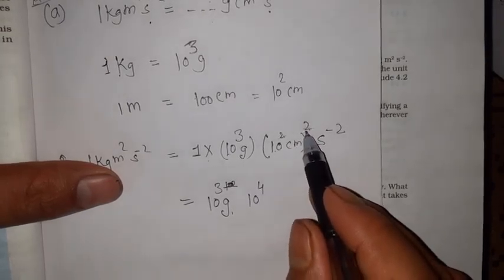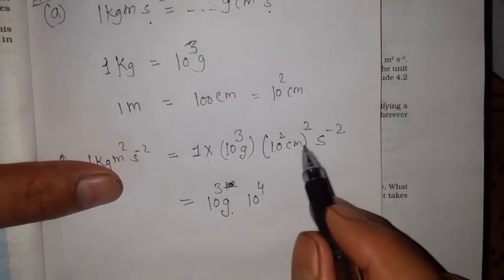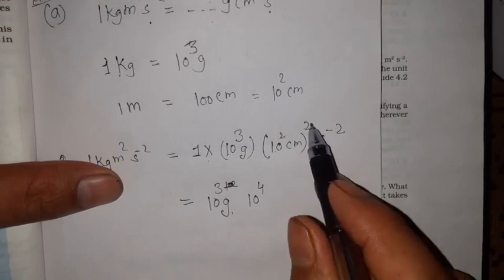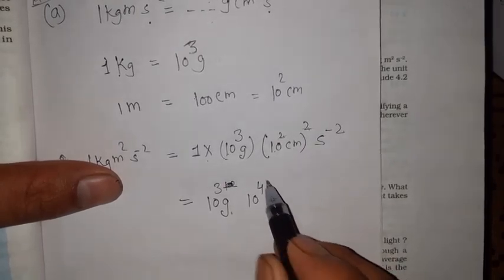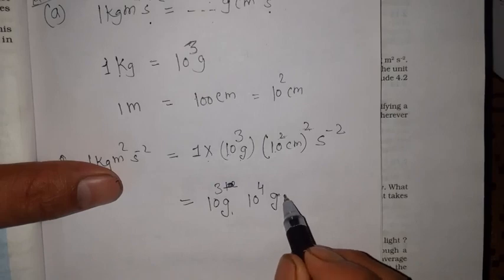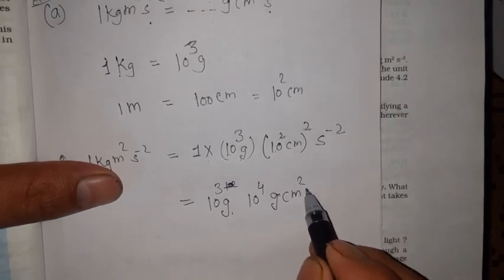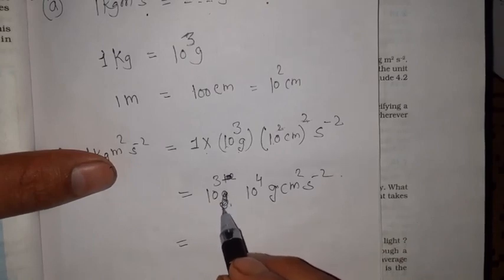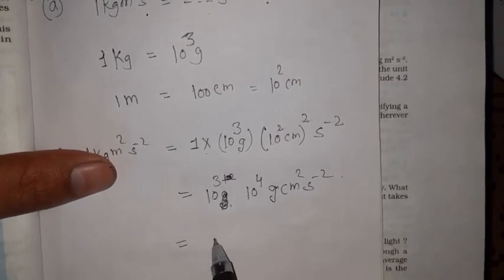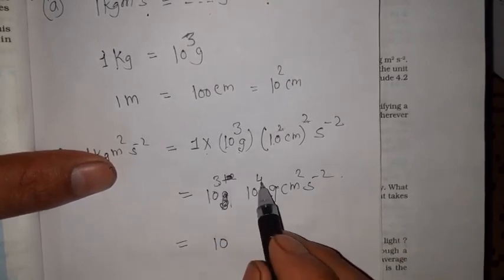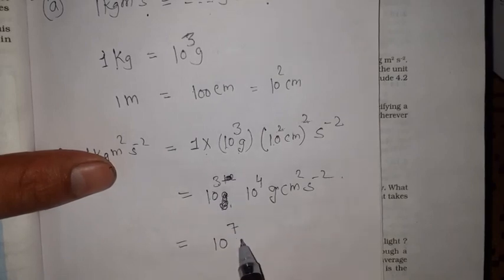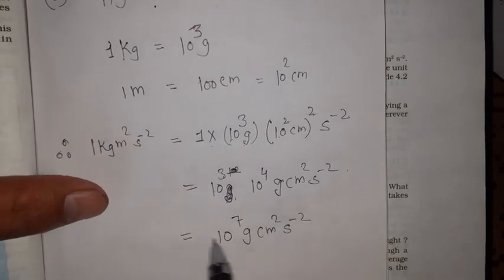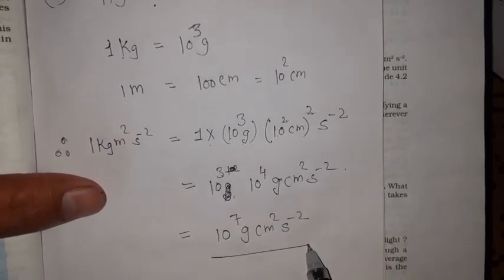और सेंटीमीटर का भी होल स्क्वायर था, क्योंकि ब्रैकेट के अंदर सेंटीमीटर भी आ रहा है, तो इसका भी होल स्क्वायर हो जाएगा. So 10, I get gram was initially, centimeter ka square ये बन गया, पर सेकेंड का स्क्वायर बन गया. Now 10, here how much is the total power of 10? 3, and it is 4, 7 is there, and thus we get our answer. Okay, this is the conversion, and we got this answer.